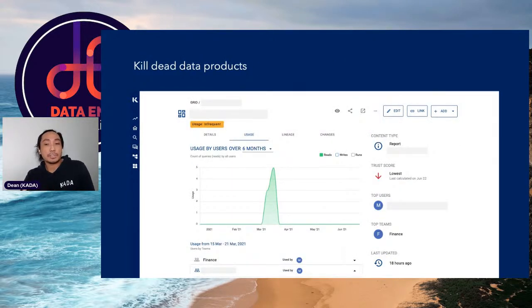And once you've set a metric, it can help guide you through the life cycle to understand when a product should be retired. Take this report, for example. It's a classic case of a report that had been used a few times and then forgotten. It's never really taken off. Once the product is dead, you can archive it. You can get rid of it. You can remove it so that it doesn't clutter up your data ecosystem.